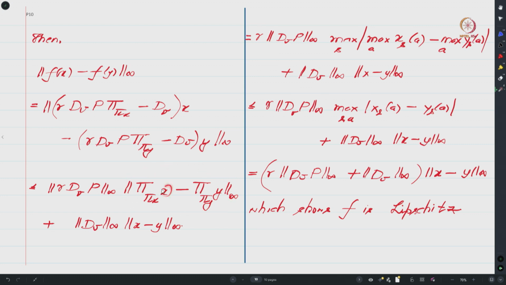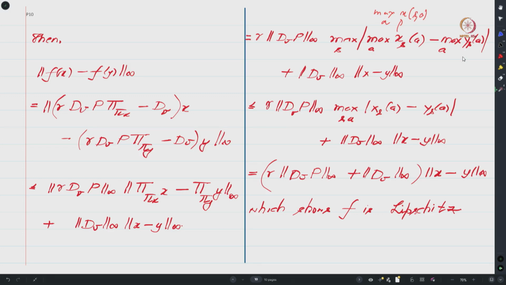So as I told you, this is an SA cross 1 vector and this is an S cross 1 vector, and since we are looking at the L infinity norm, one can see that this expression is precisely max over S because of the L infinity, and this thing is max over A of x of S comma A, and you take the max over A. So this is the expression, and similarly this quantity over here is max over A of y of S comma A. So this is exactly what we have over here. You can check the definition of capital pi little pi x and capital pi little pi y to see that this is exactly this. And now